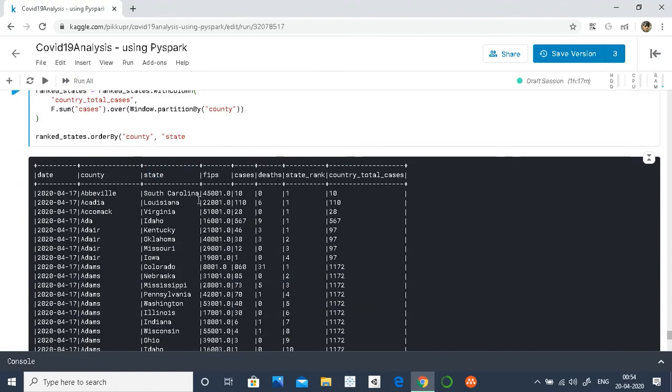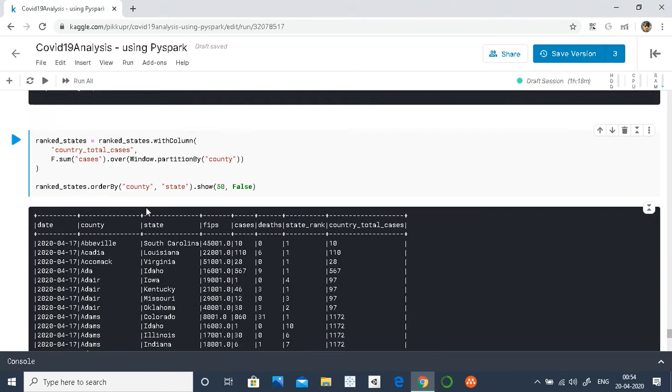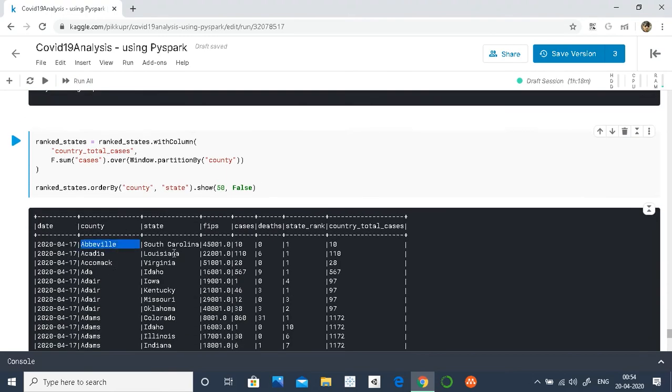This will tell us how many states exist for each county. So for Abbeville, we have only one state, South Carolina. In South Carolina, we have 10 cases, and as you can see, county total cases are also 10.